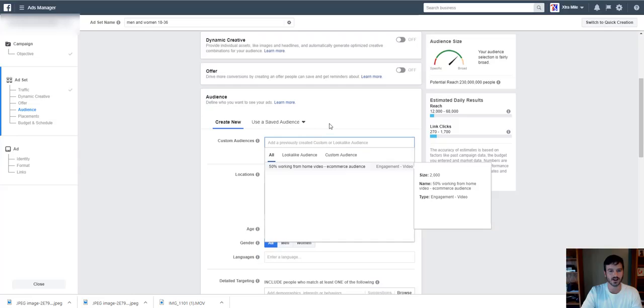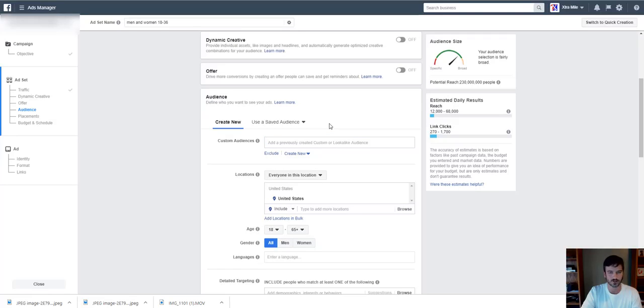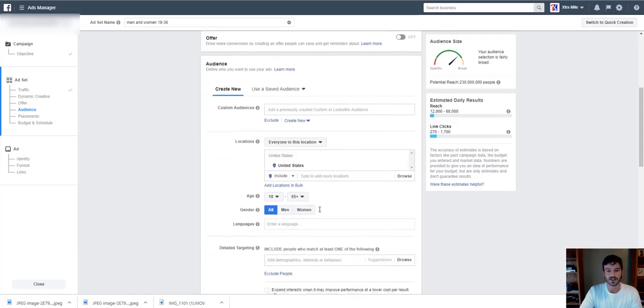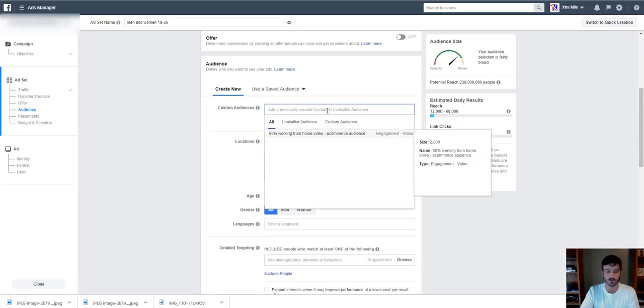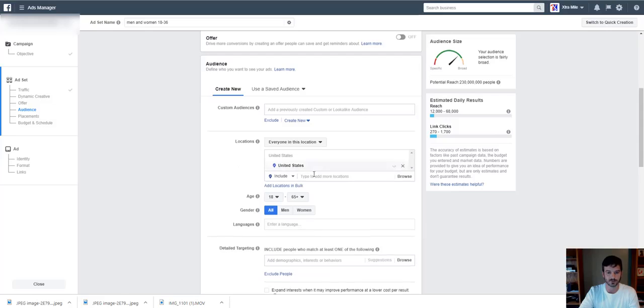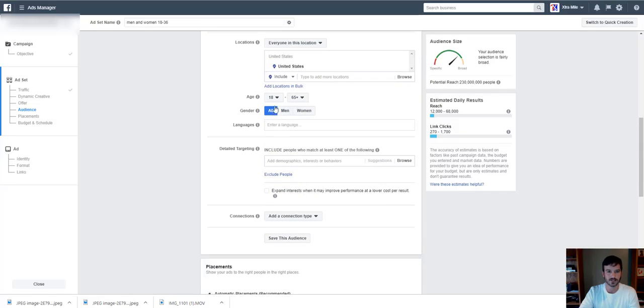Audience, you could do a ton of different videos just going through how to target people on Facebook and get the right audience. You could go the detailed targeted route if you have an idea of the demographics or the interests that somebody who would buy your product would have. If you have your own custom audience, say you have your own Facebook pixel and you've made an audience off that pixel, then you can enter your custom audience here. Or people who have watched a certain percentage of a video you put out, or whatever it is. Again, that's some advanced stuff, so for the sake of simplicity,